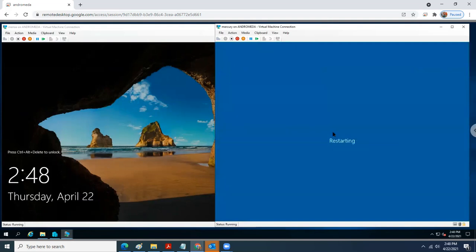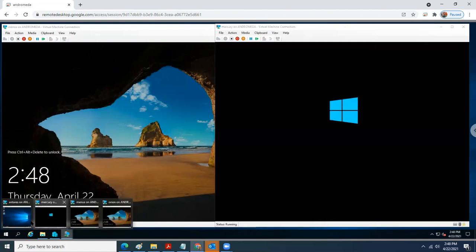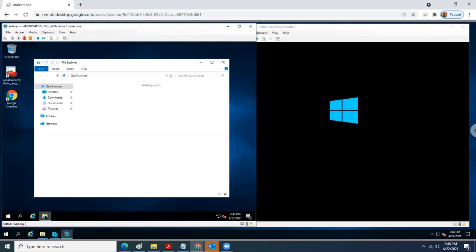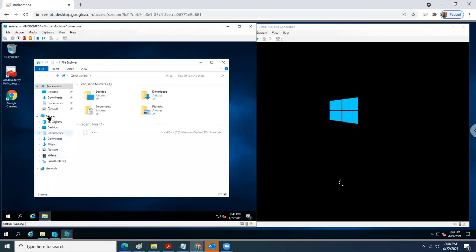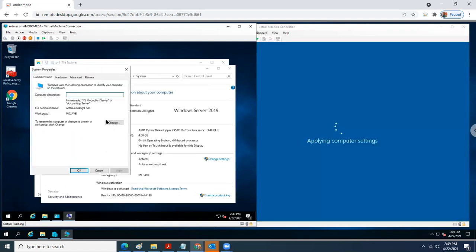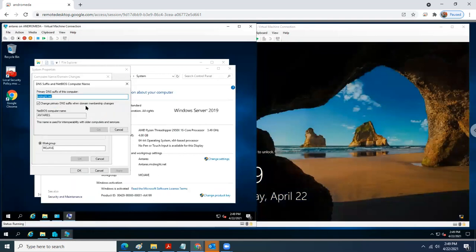It might be Antares. Midnight.net needs to change to